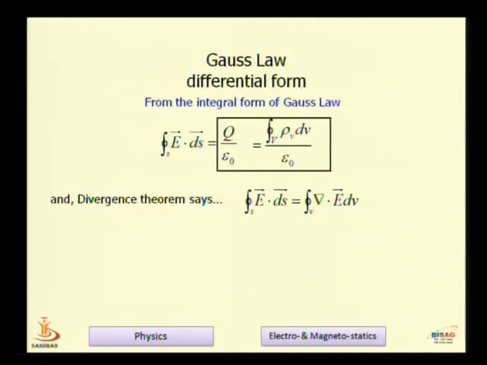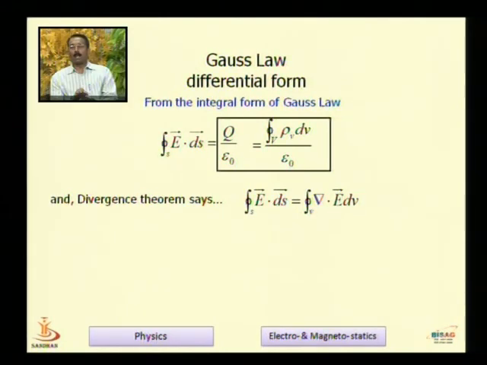Now on the other side you can see we have a volume integration, and this is divergence of E dV, right? And divergence of E is a scalar quantity, right? So that's why volume integral is easy to deal with, since we are not dealing with any vectors on this side, because divergence of electric field is a scalar quantity, right? So that is the advantage of divergence theorem.